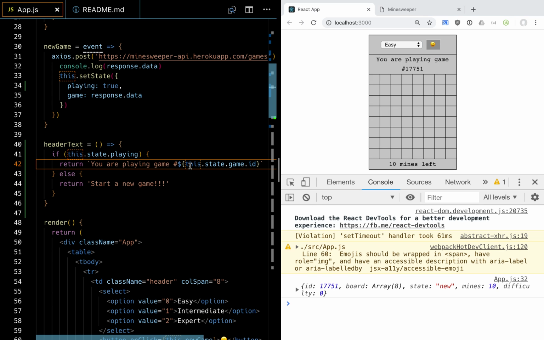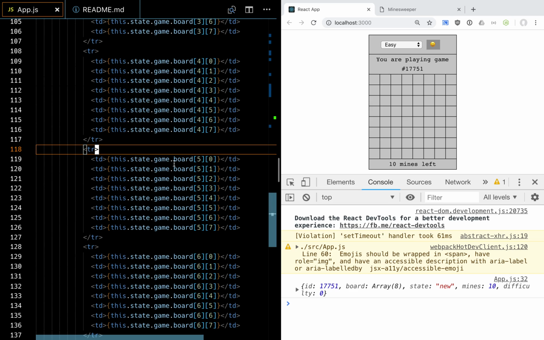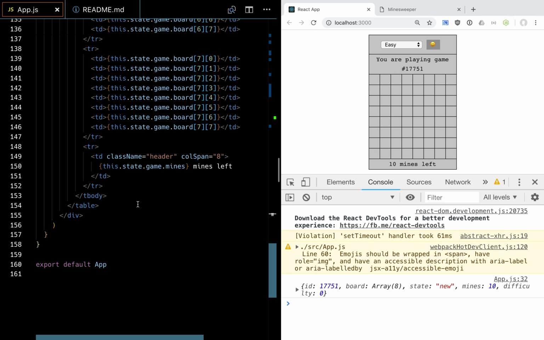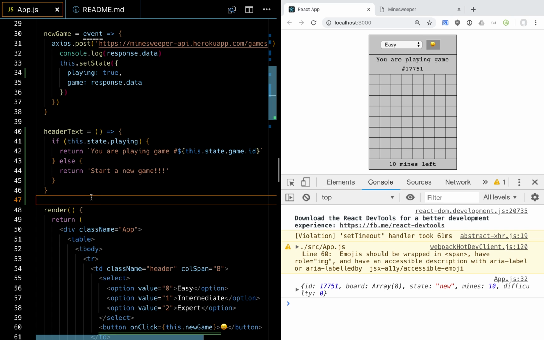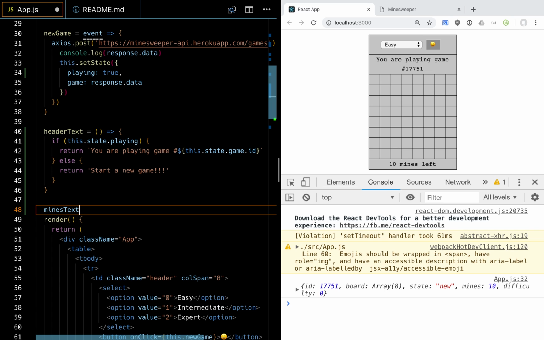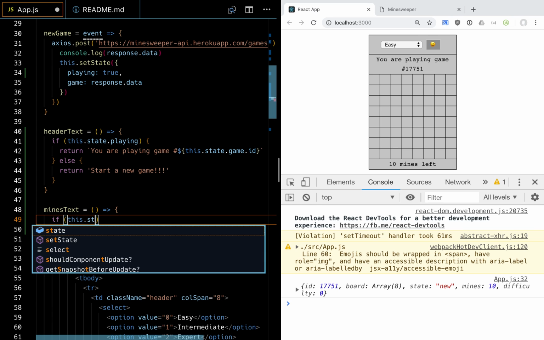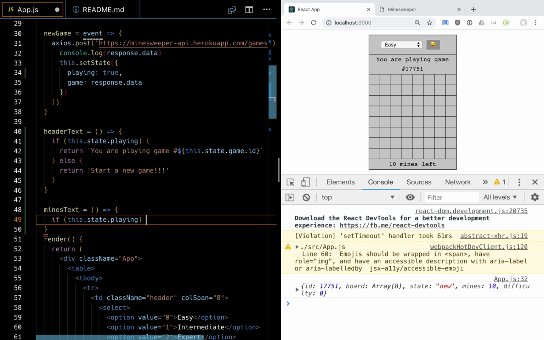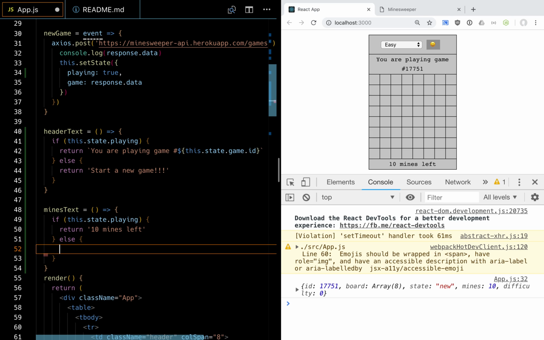Right? Let's do something similar for the number of mines down here. We don't want to show the number of mines there are before we play a game. We want this to be blank before we start a game, and then show the number of mines when we are playing. So let's make a little function for that. Let's call that mines text. So mines text is going to be similar. It's going to say if this.state.playing, let's return 10 mines left. We're going to replace this with dynamic data. Otherwise,